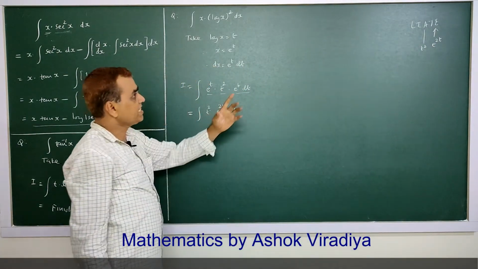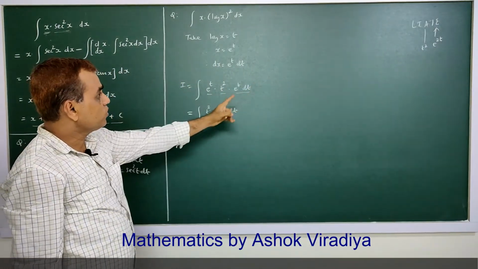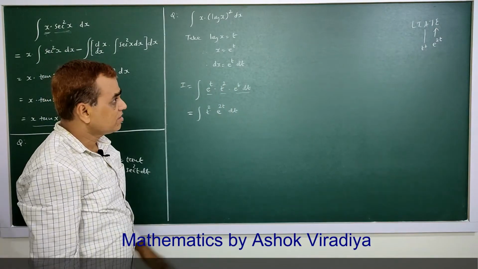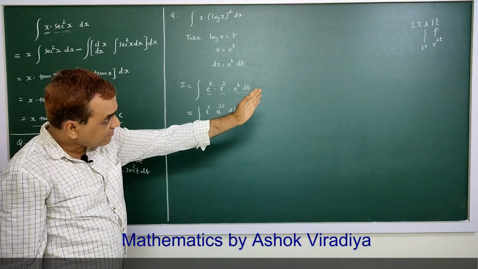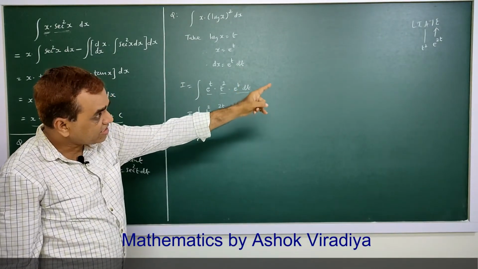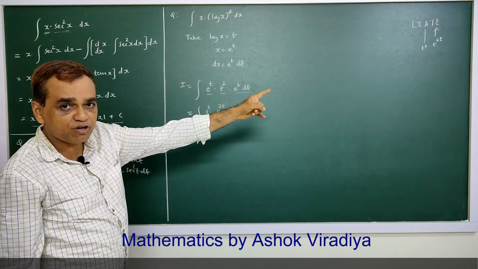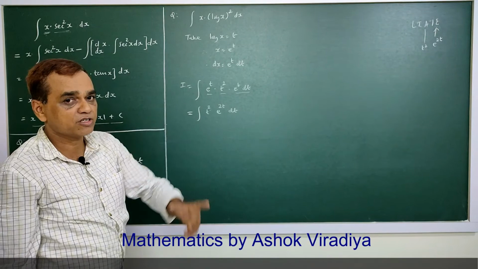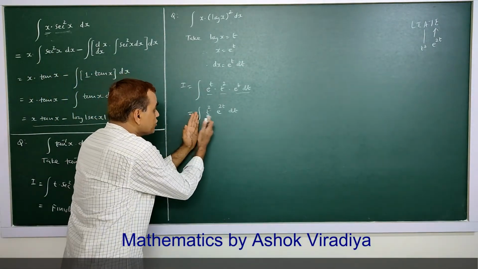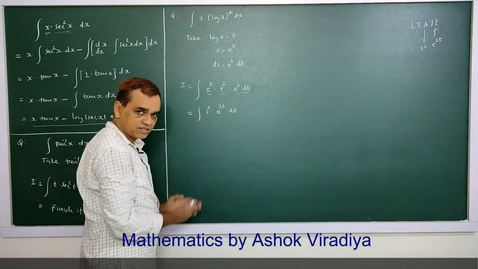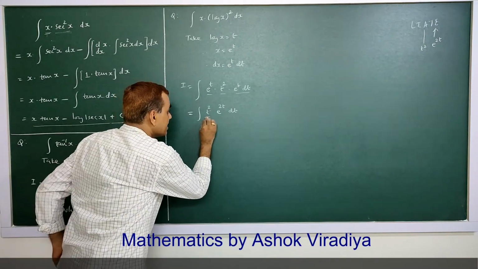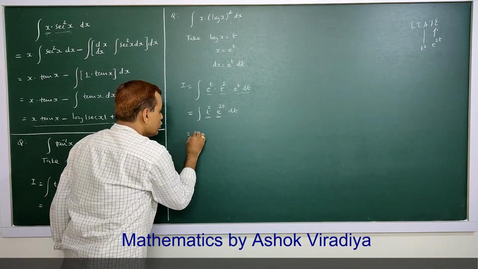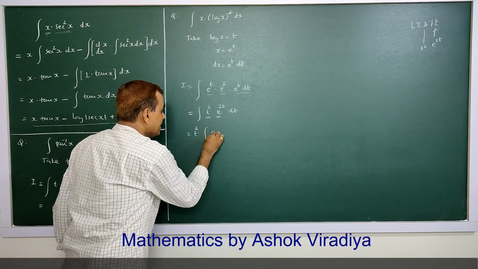T square is an algebraic function, e raised to 2t is an exponential function. So t square on the left, e raised to 2t on the right side. t square we should take as the first function, e raised to 2t we should take as the second function, already arranged in proper sequence. So considering this as u, this as v, u as it is, integral of v